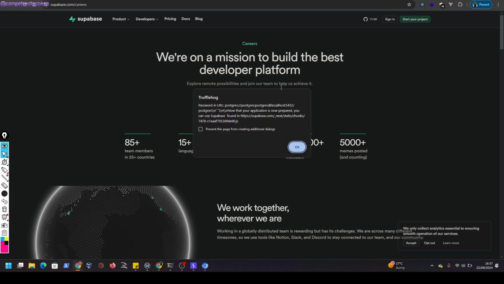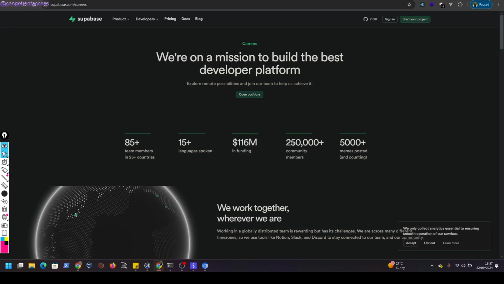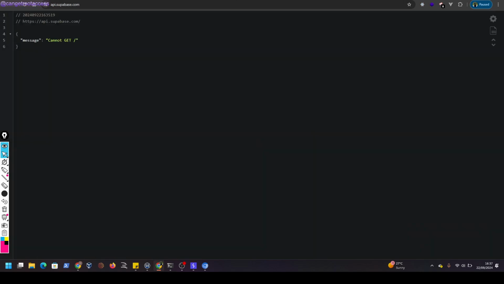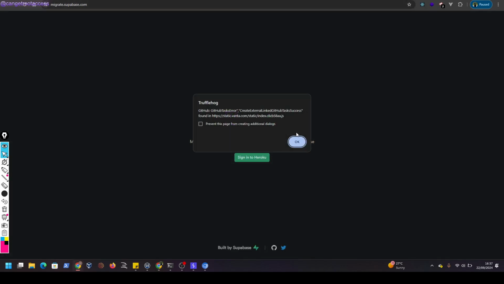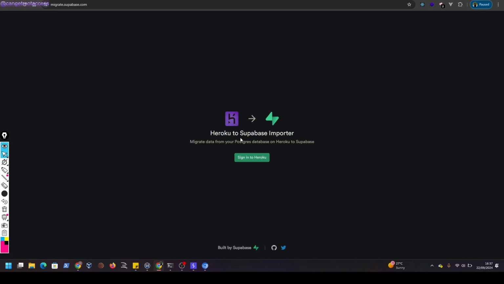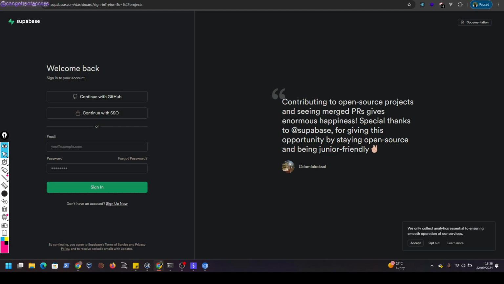So you see Truffle Hog has a Chrome extension that helps you find these API keys as you browse through your application. So it scans through. So there's this: can migrate data from Postgres database to Heroku Super. So all these,